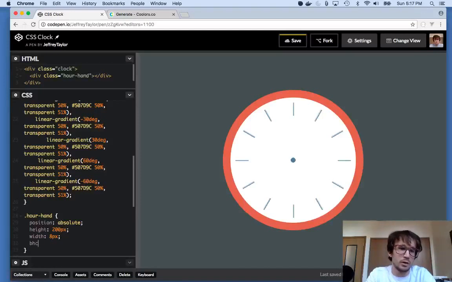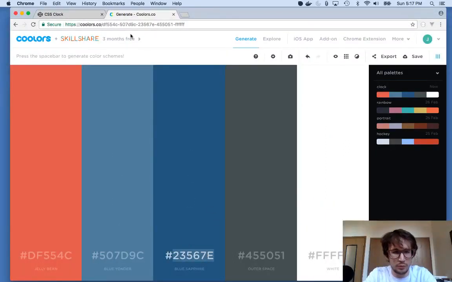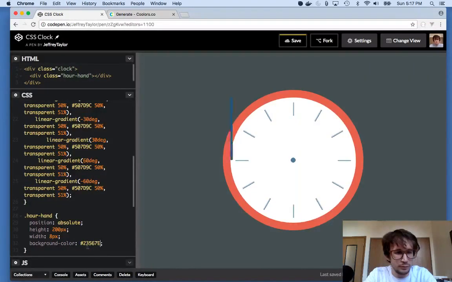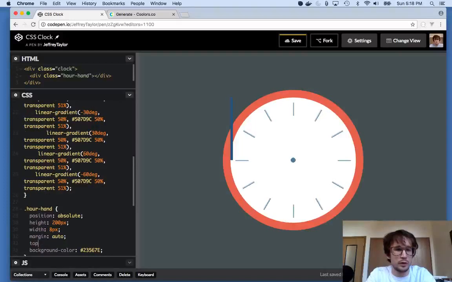I need a color. Maybe I'll use this color, blue sapphire. Cool, so it's over there, so we have to move it. Well, I want to put it in the center, I guess. So margin auto, and then